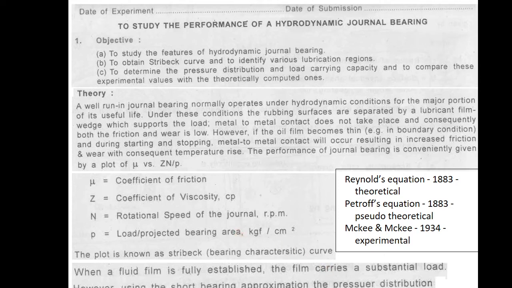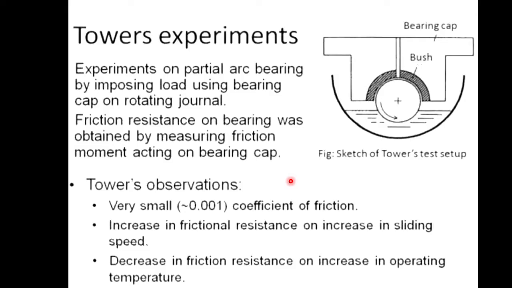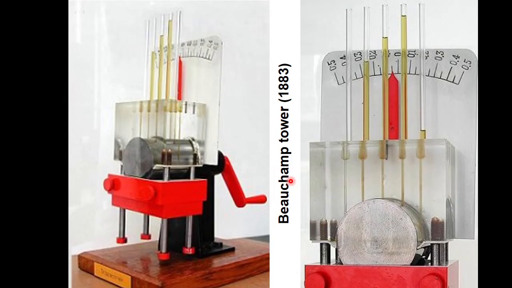Now here what is written is that in a short bearing approximation the pressure distribution can be derived from Reynolds equation. What does it mean? The thing is, you see, the diameter of the bearing was 4 inch roughly, and along this axis, for Tower's experiment, this was 6 inch. So along the axis of this shaft or this bearing,